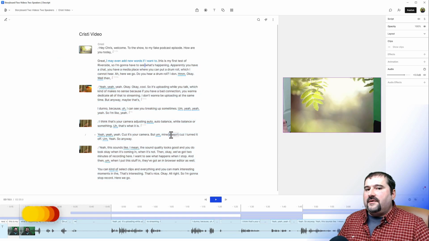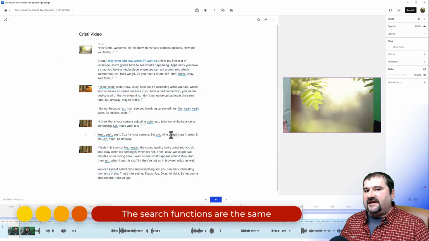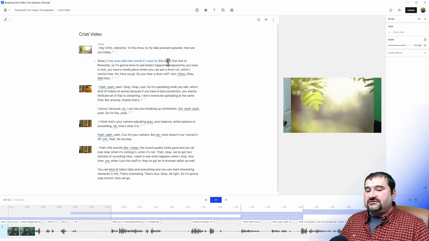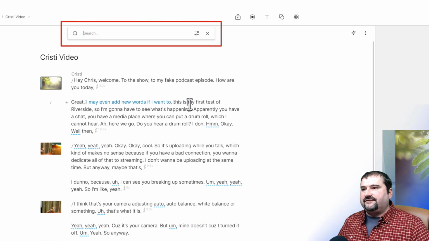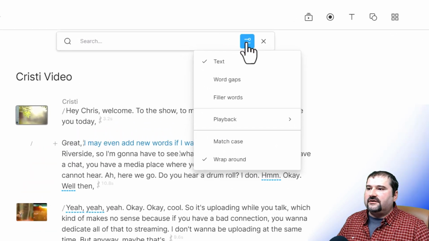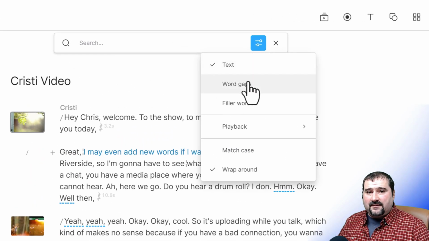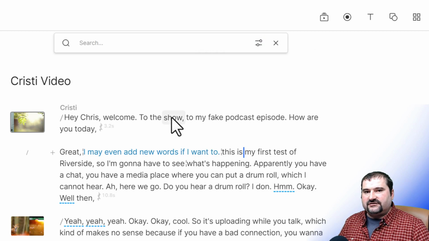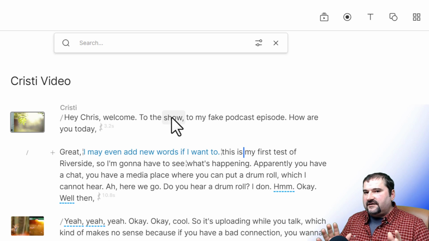Finally, the thing that you may be relying on if you're doing just text-based projects or just audio-based projects and you really care about the transcript: the filler word function, removal of gaps, shortening gaps and making corrections to text have pretty much remained the same. They work the same way, so you can still press Control F or Command F to search, find different words, and also you can switch to searching for word gaps or filler words, and so on. So all of these options are pretty much there just like before, just that the interface is slightly different.